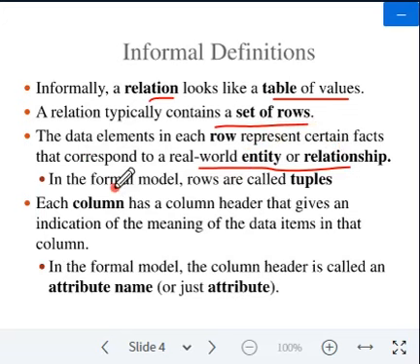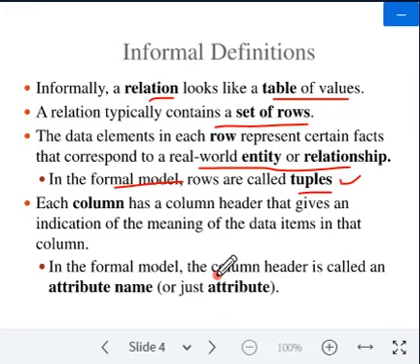In the formal model, we call that row a tuple. So a row in a table, or a record in a relation, we call a tuple. Next we have the column. Columns are the properties of the relation.